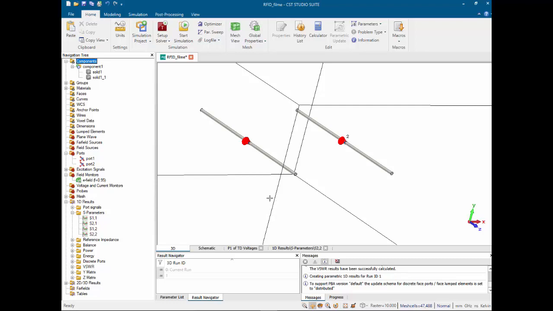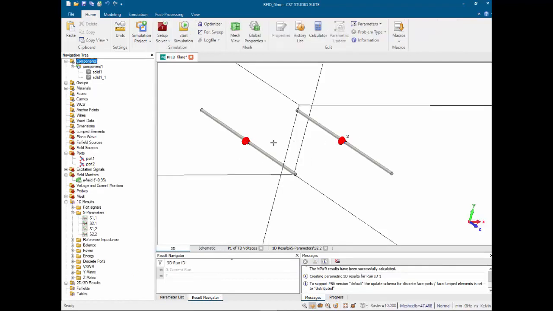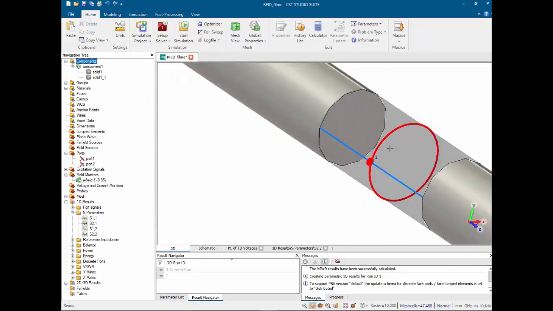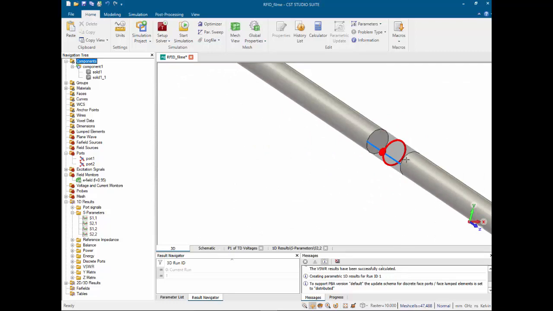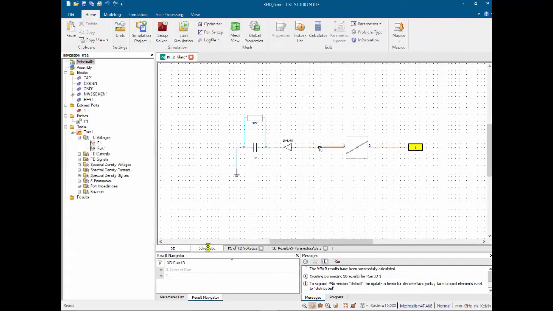The tricky part, you have to pay attention here, is when you go to Design Studio. In Design Studio, you have the 3D simulation represented by this small box here. You see this small box has two ports, 1 and 2, which correspond to these two ports here inside Microwave Studio. So pay attention that here one port has two terminals, but whenever you go to Design Studio, you have just one terminal here. One terminal here means two terminals in Microwave Studio.